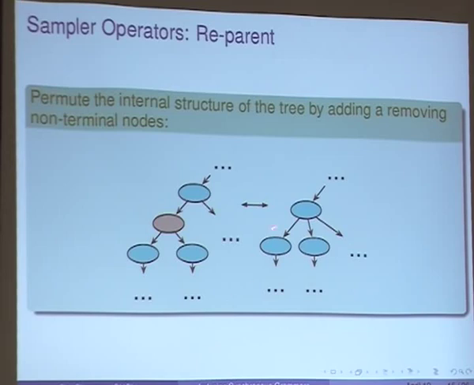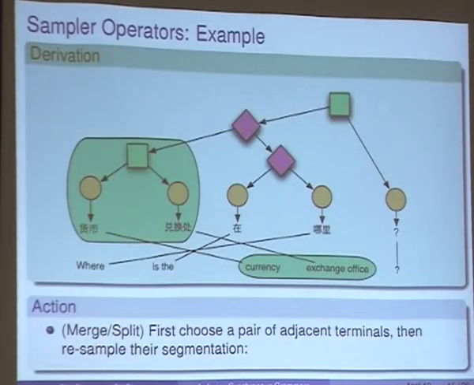Here I'm actually allowing non-binary branching nodes, but that helps us with the sampling. So we can move back and forth between these configurations. Now if you think about what we can do with just those two samplers, we can move between every possible tree configuration. So we can keep deleting nodes from a tree. If we want, we could flatten the tree into one huge phrase. Then we could resplit it up into different units, and we could move between all possible trees.